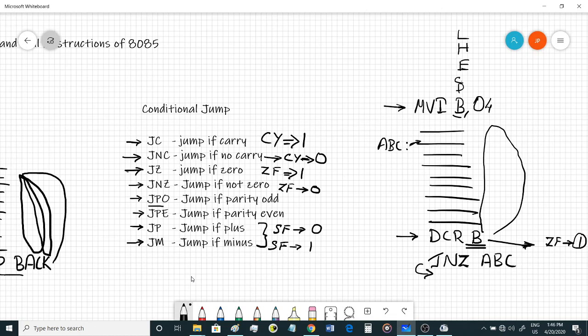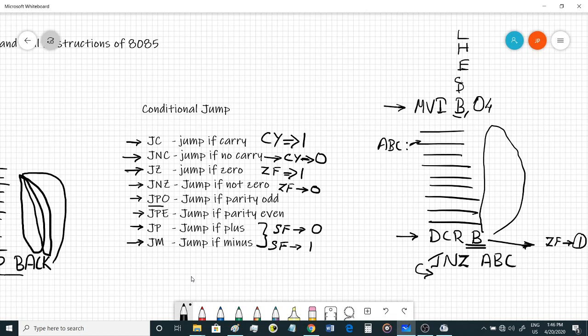You can also use this JNC instruction whenever you want to add a carry. Let's say you are adding two 16-bit numbers, and let's say your result was 17-bit, which means that there was a carry out from the 16th bit to the 17th bit.